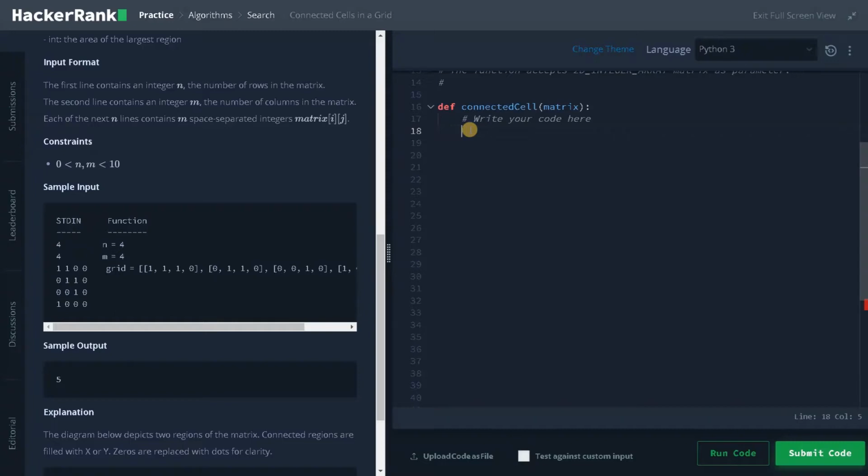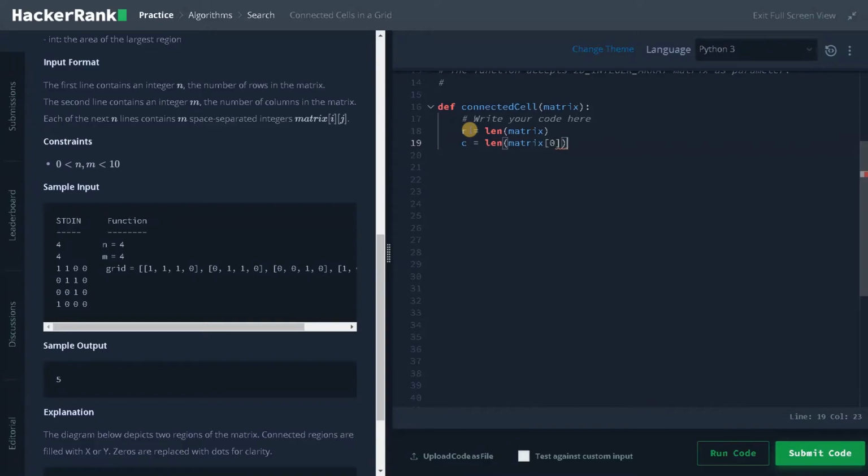So first, I'm going to define the rows and columns of the matrix, that is the length of row and column. So I will specify R equals len of matrix and C equals len of matrix of 0.